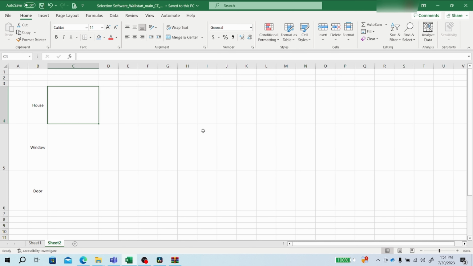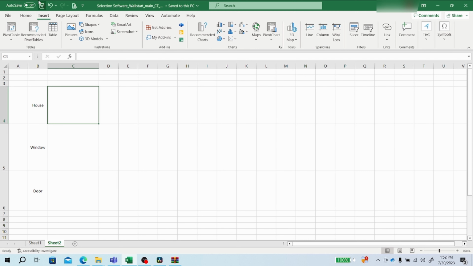Welcome to TechCuss tutorial. Today we will show how you can insert a picture in Microsoft Excel in an efficient and effective way. To insert a picture in Microsoft Excel, what you have to do is click on Insert, then go to Shape,